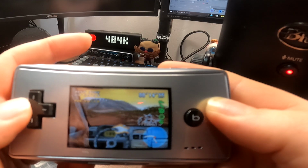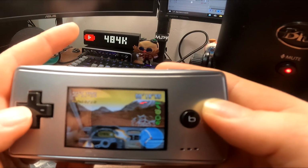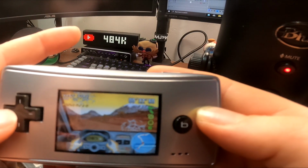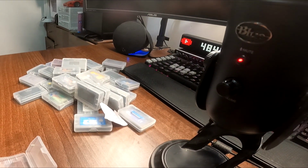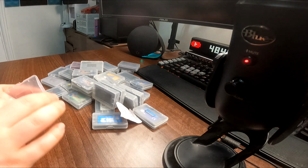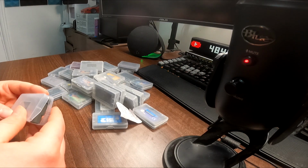True 3D on the Game Boy Advance didn't really exist per se. There were a couple of games, but not really. But this is one of the games. I think this is probably the best graphics I've ever seen on a Game Boy Advance. And that's a thing, isn't it? Racing games just always seem to have slightly better graphics than other games. Anyway, V-Rally 3, it's almost like a tech demo,